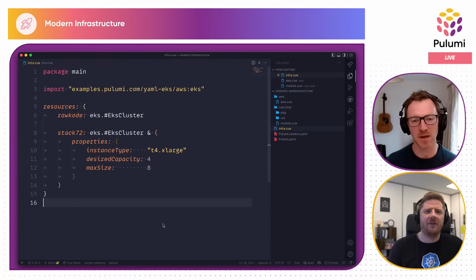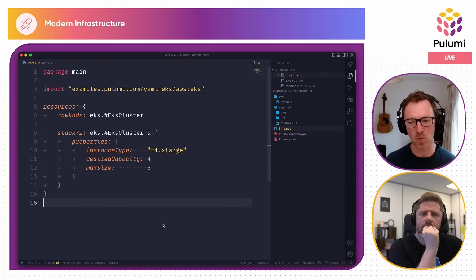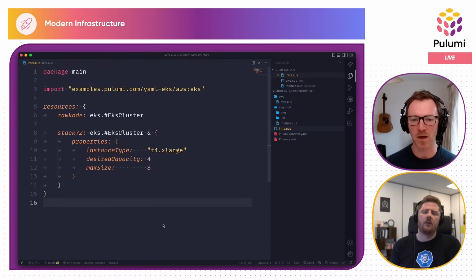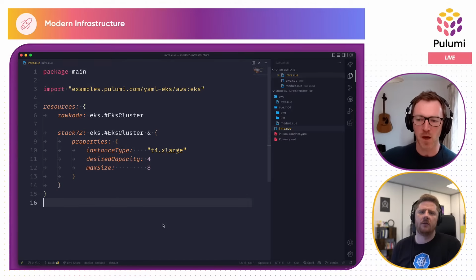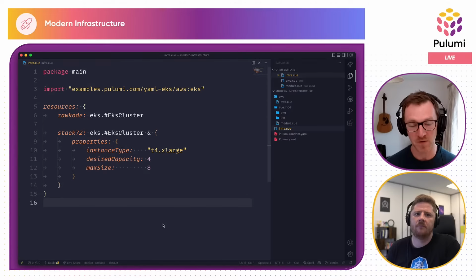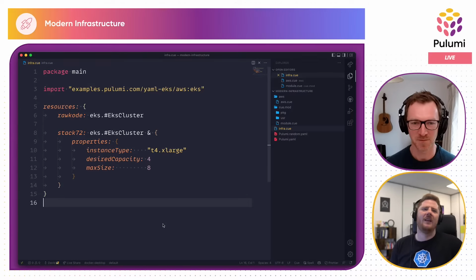So the idea behind the language server will be that instead of having to run Q export in this scenario, you would see all of this within the editor. You would have a squiggly red line under T4.extra large. You would get code completion within the properties struct there to know what things you could actually specify, etc. Imagine a programming language where there is language server support. The same will then apply for Q as well, because it will know the schema that you're actually trying to write against here. Yeah, I'm looking forward to that. That's going to be pretty powerful stuff.